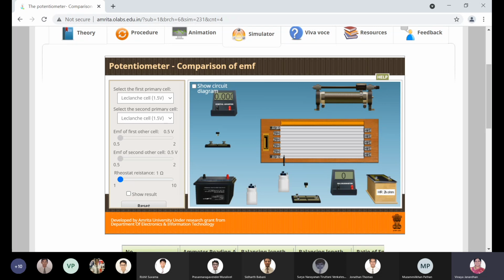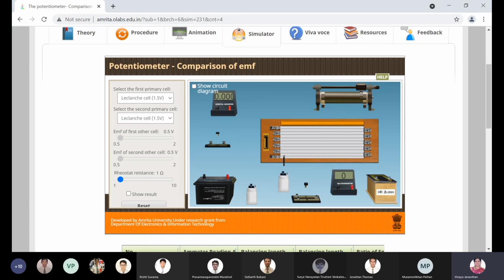So when you're in laboratory here, I don't know, because of animation, the animated one, they would have taken Daniell cell as E1 and Leclanché cell as E2. But for your laboratory work, it's always Leclanché comes first, Daniell cell comes next.